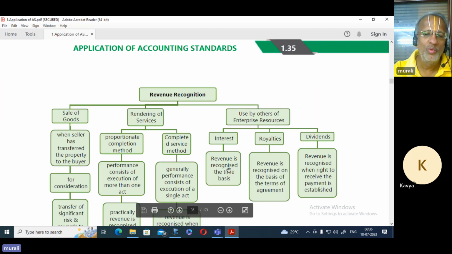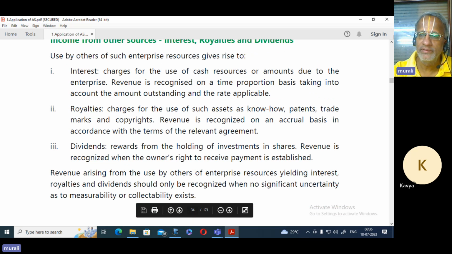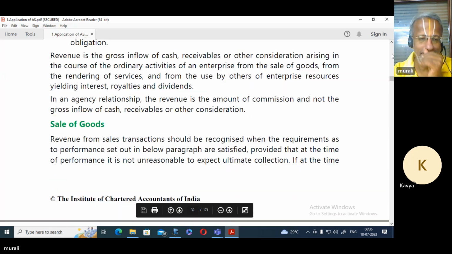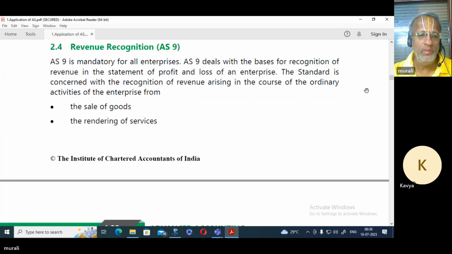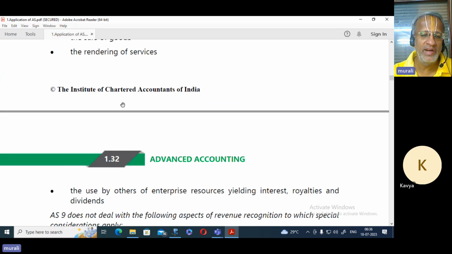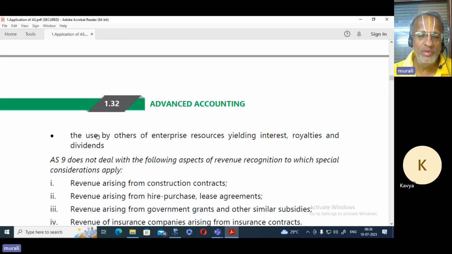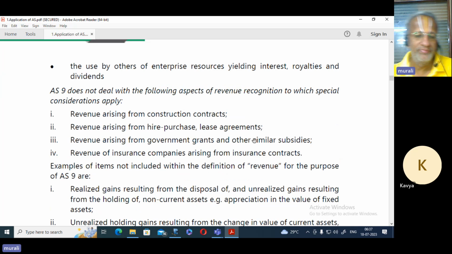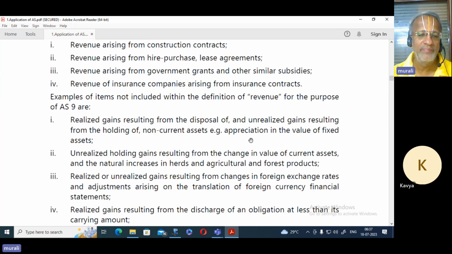Now let's go through what the Institute has communicated. AS9 is mandatory for all enterprises. AS9 deals with the basis for recognition of revenue in the statement of profit or loss. The standard is concerned with the recognition of revenue arising in the course of ordinary activities from sale and rendering of services, and the use by others of enterprise resources yielding interest, royalties, and dividend. Correct? No. Revenue from other items will come under different accounting standards, and these items will not come under